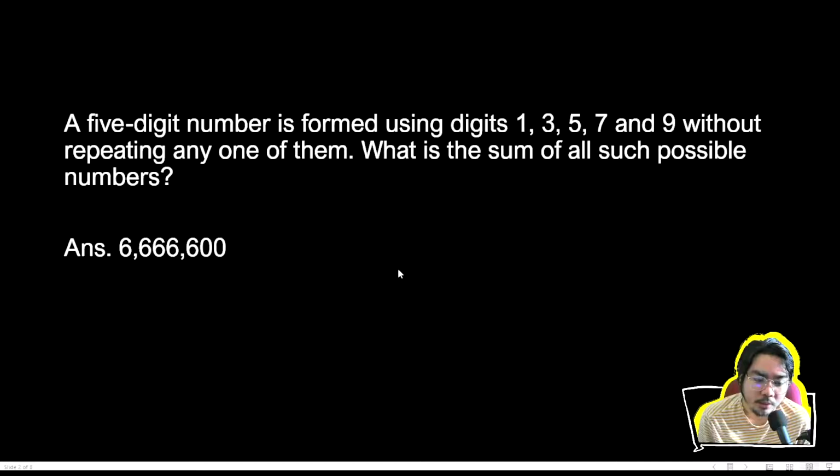So we start with this one, and meron daw tayong 5-digit number that is to be formed using digits 1, 3, 5, 7, and 9 without repeating any of them. Then what is the sum of all such possible numbers? Okay? So pagka tiningnan nyo siya,